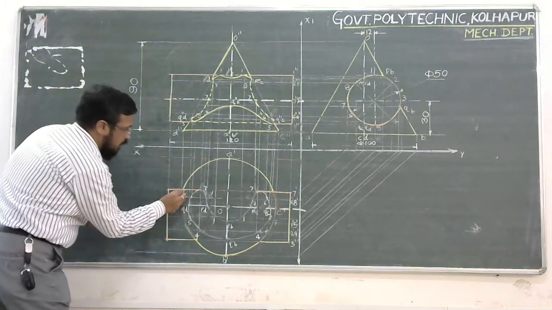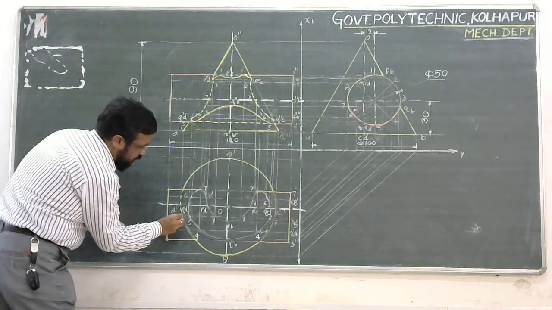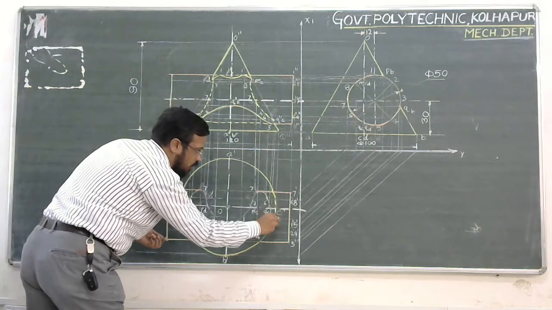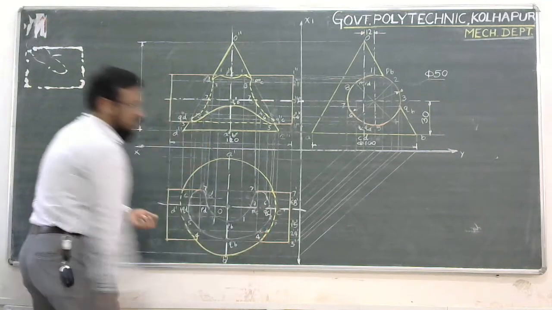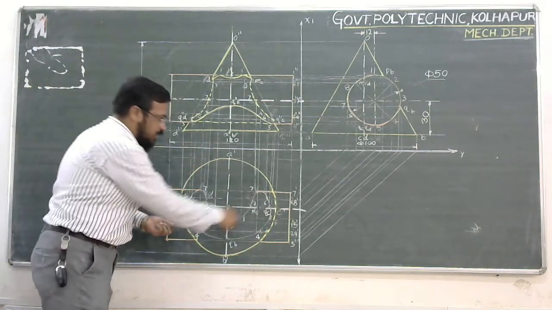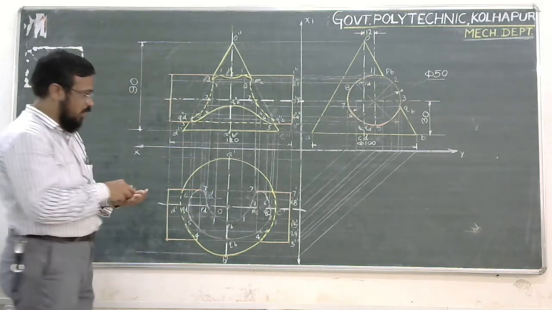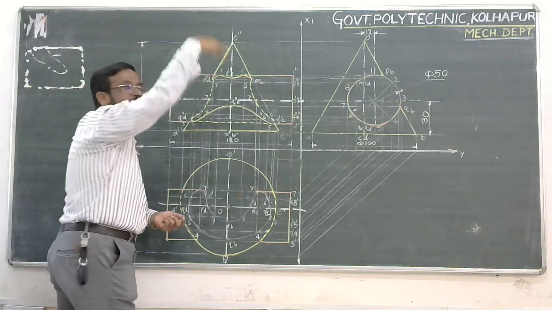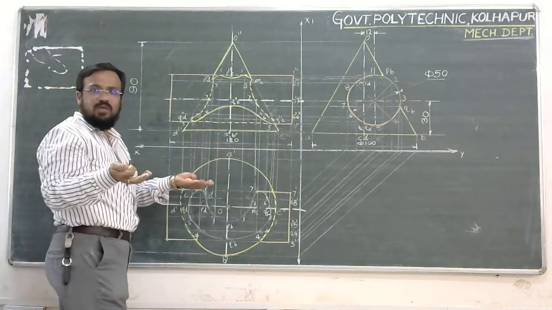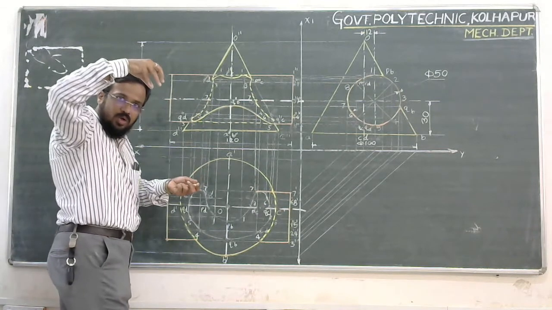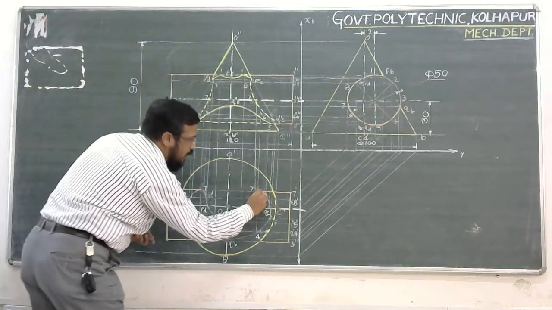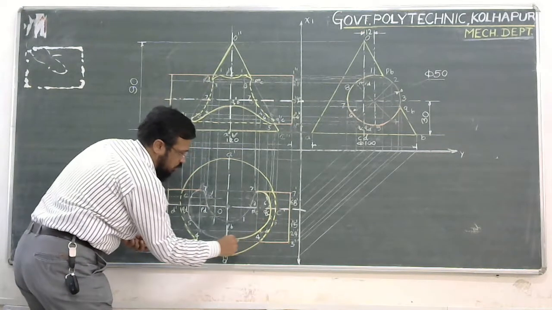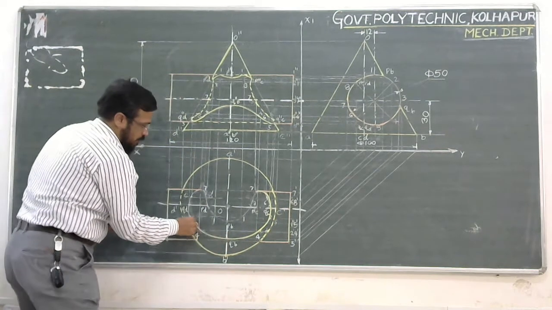So obviously, the portion of the cone which is being penetrated will be seen in the form of a dotted line because it is not visible. And the intersecting surfaces' points, what will happen to those points? As we are observing it from the top, everything will be visible because the person is on top of this object. So from this 7 to 6 to this QC to this point number 4 to QB to this point, again 4 to QD.